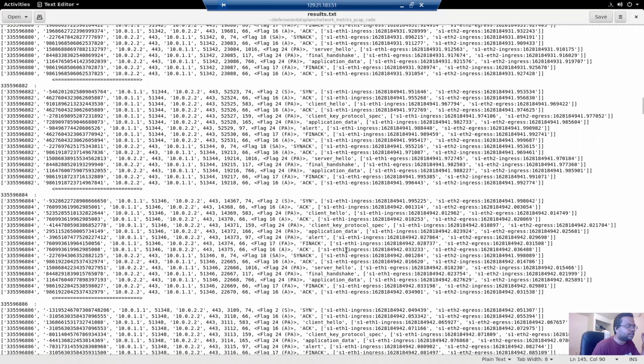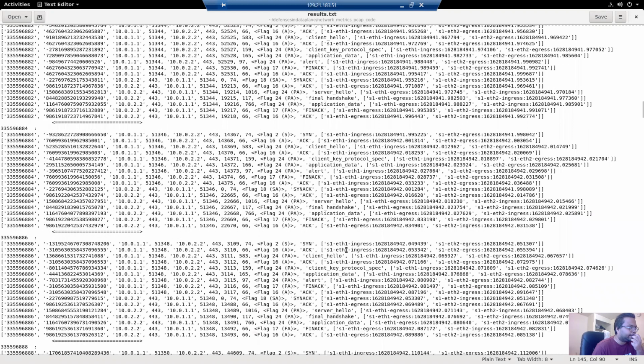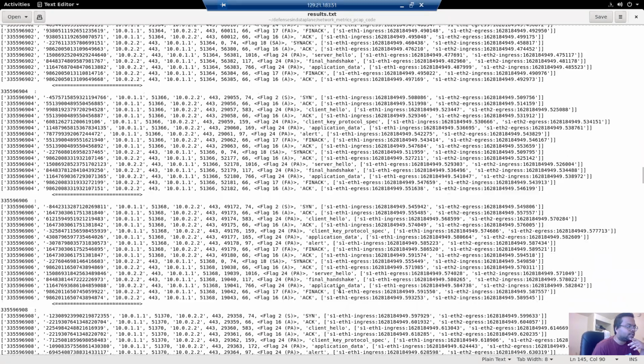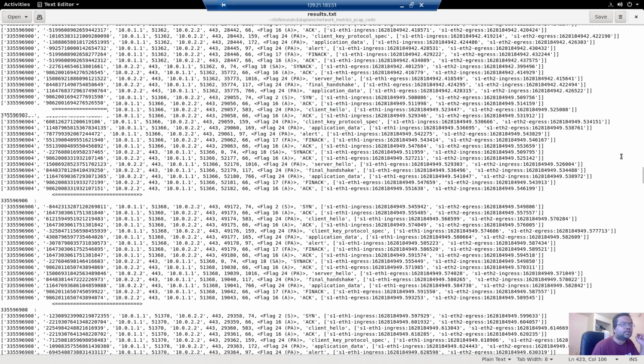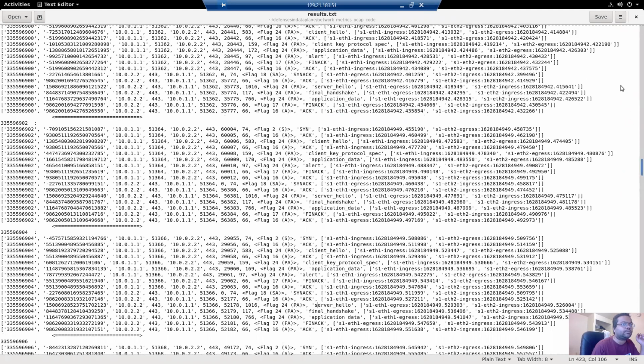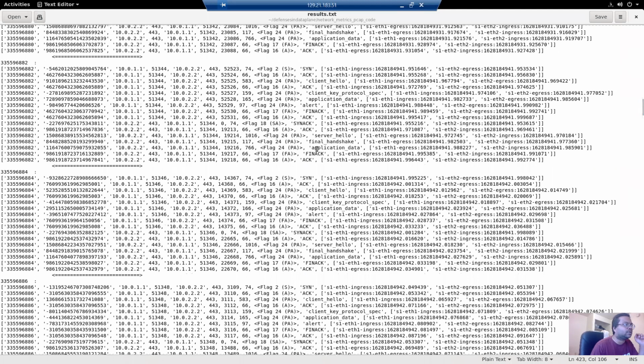So whatever packets have been going through here and there, those are mentioned here. You can see, for example, I think this is a client hello. I think these files correspond to one of the TLS experiments. You can see a client hello packet goes and then a server hello packet comes, and you will find some initial connections that are blocked.